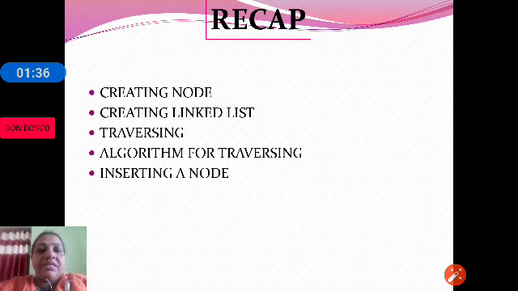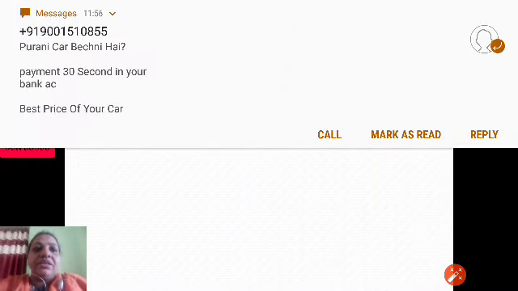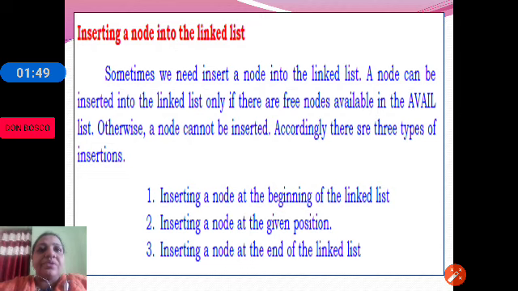Let's get started and check out the different ways in which we can insert a node into the linked list.